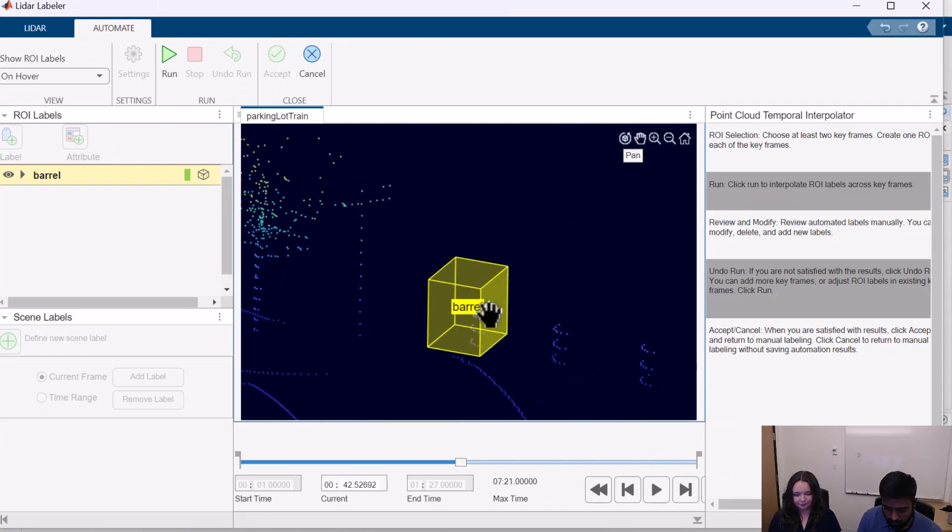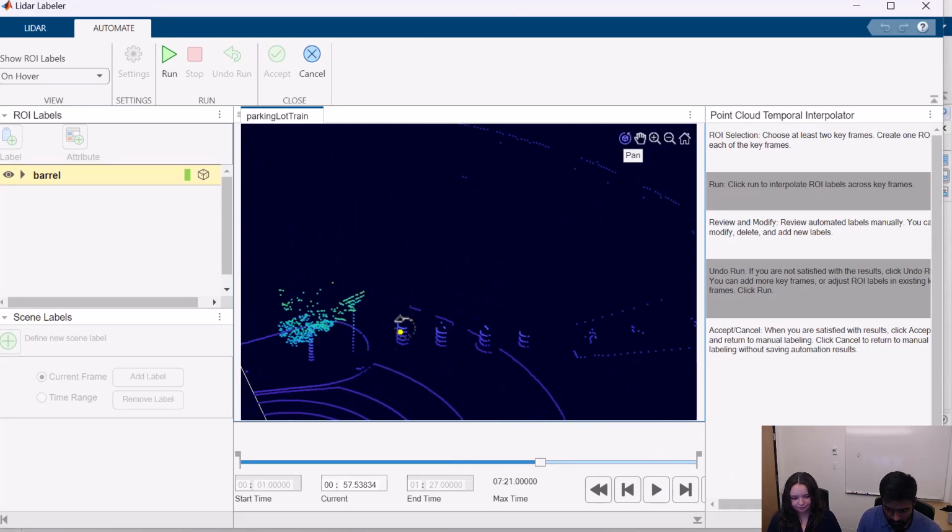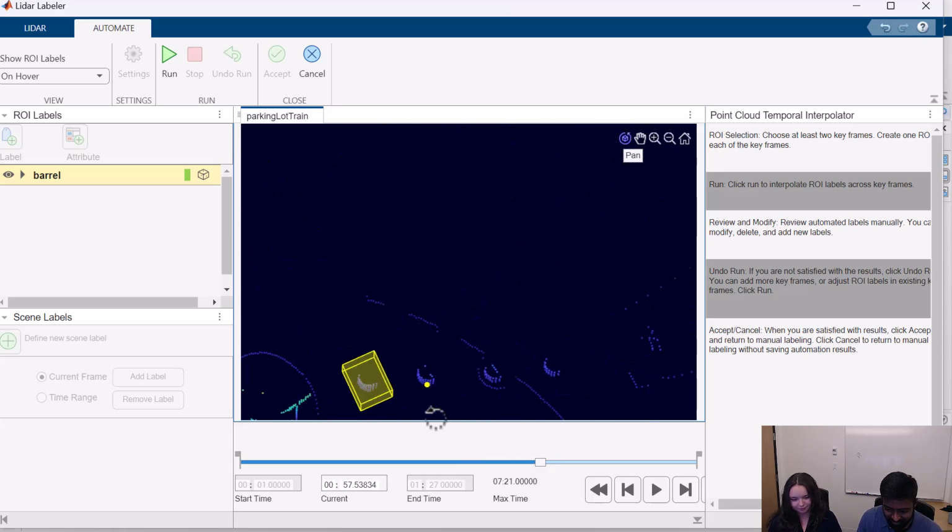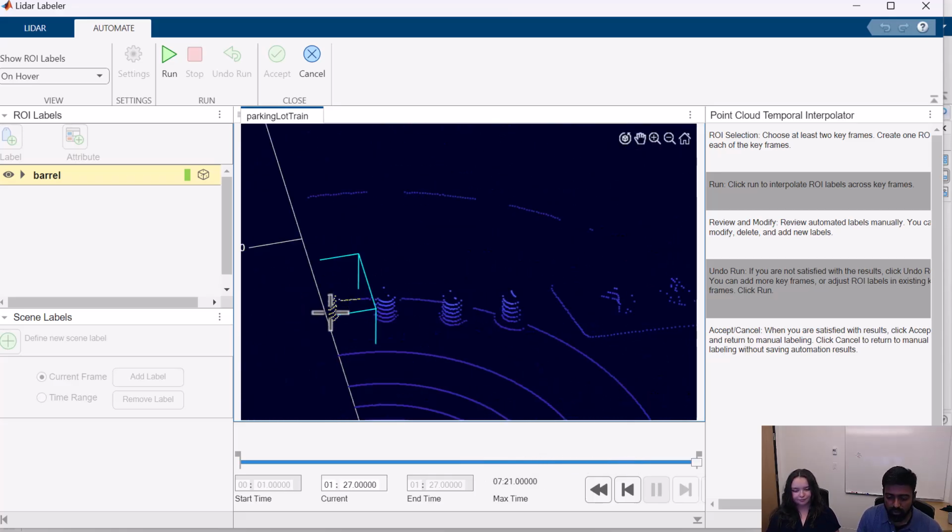Now I'll just repeat the process to label a few more frames in the selected region. And then I'll label the last frame to ensure that the first and last are labeled, and we also have a bunch of intermediate frames labeled as well. So in this one, the label size is going to reduce a little bit because it's only partially visible.